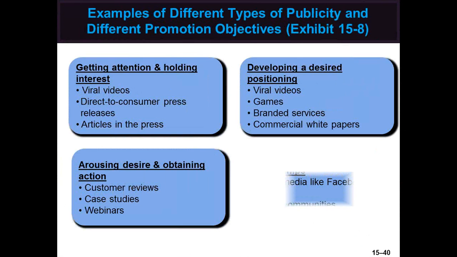The exhibit here shows the types of publicity that might work best with some common promotion objectives. Other advertising principles work for publicity. A firm's promotion objectives should guide the choice of tools. Here we can see how some types of publicity might be utilized to obtain specific types of promotion objectives. Publicity works in combination with other promotion tools as part of an integrated marketing and communications program with specific objectives.